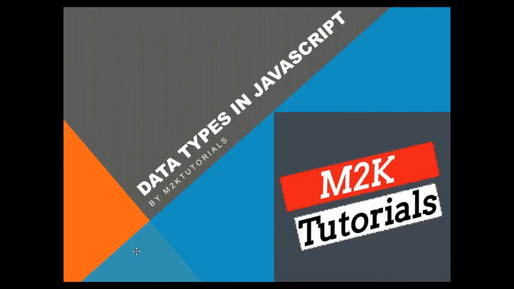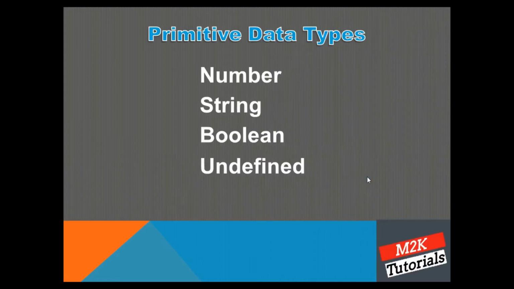Okay, so let's just start. There are two type of data type category in JavaScript. First of all, what is data type? Data type basically specifies what kind of data can be stored and manipulated within a program. This is for the interpreter of JavaScript to recognize what kind of data we are dealing with, so that it can process those values.